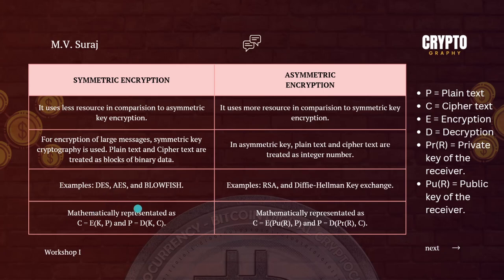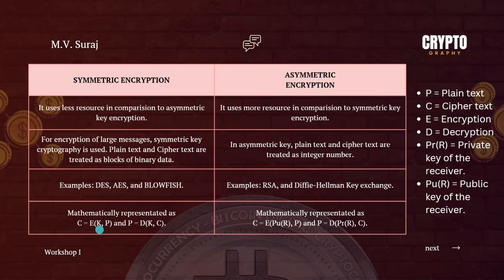And now for symmetric encryption, this is how it's represented. For asymmetric encryption, this is how it's represented. I will explain what this actually means in just a minute. Right, so this mathematical representation of the symmetric encryption basically means that the ciphertext is